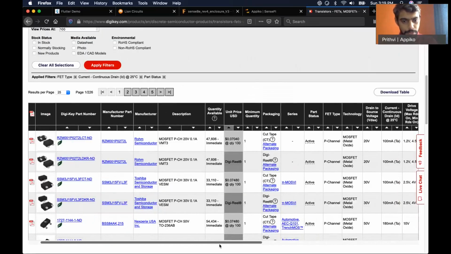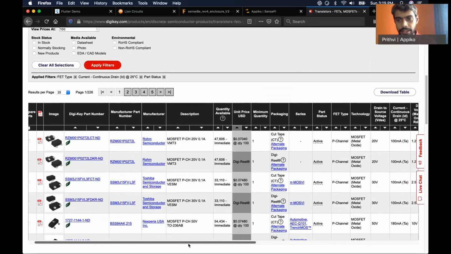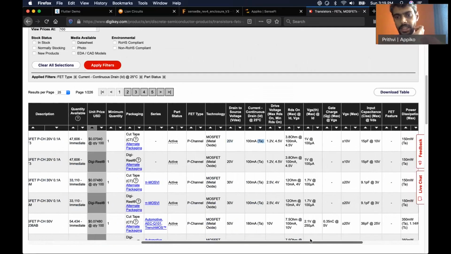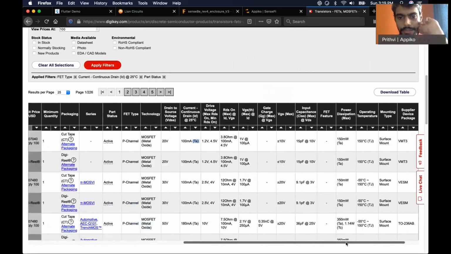So we have this particular component by ROHM Semiconductor, and the drain to source voltage is 20 volts, which is fine for us. Continuous drain current is 100 milliamp, that's also perfectly fine. The main thing is VGS threshold, which is 1 volt at drain current of 100 microamp.